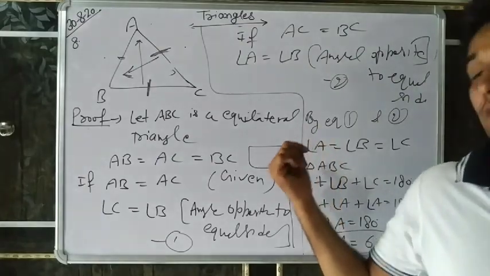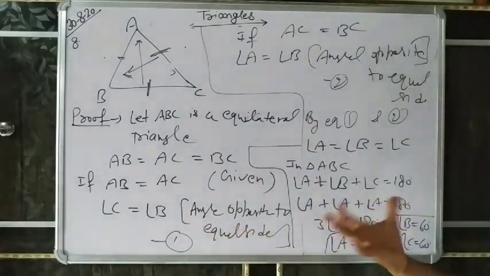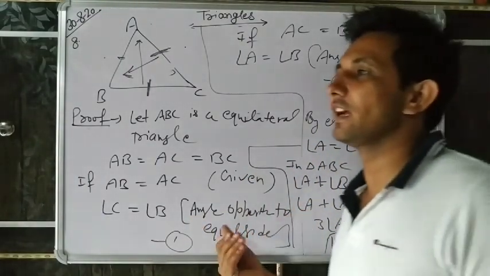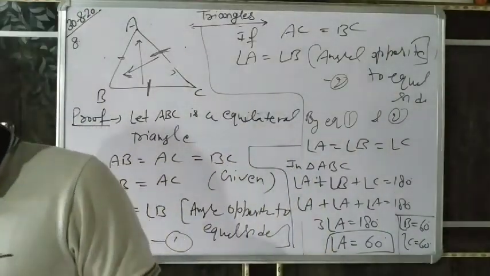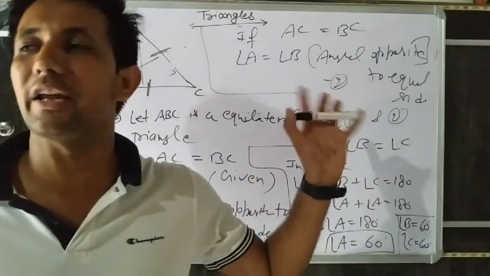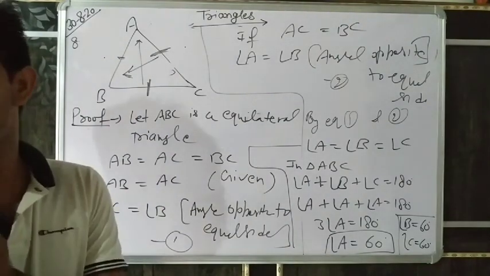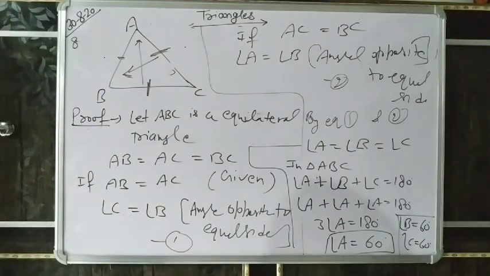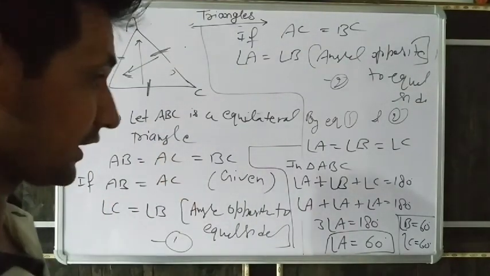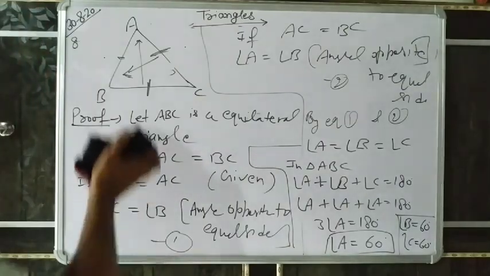This one is also a theorem. We will use its proof directly. Each angle in an equilateral triangle is always 60 degree. 60, 60, 60, and each side is also equal. Understand it? So note it down, and our 7.2 is already finished. Now we will discuss two more results of congruent triangles.